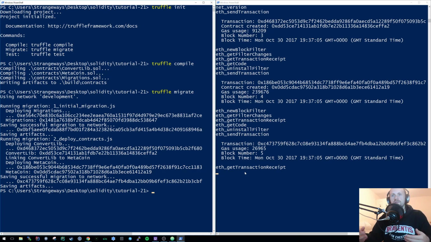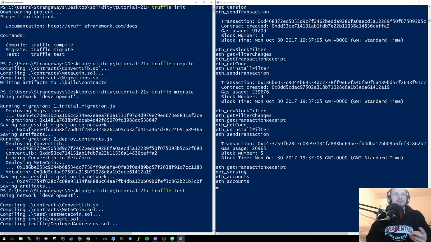So we could obviously interact with that, using the Truffle command tools, or the Truffle console, but it's a bit long-winded. So alternatively, we could test these features and functionalities by simply running Truffle test. All this will do is run the two tests that we actually had in our test folder, and then